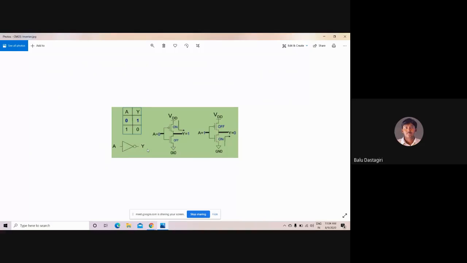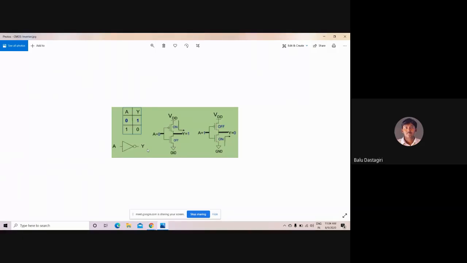This logic can be constructed by using different technologies. You can use CMOS, you can use FinFET, you can use BJT. Any technology we can use depending upon the requirement and the technology present at that situation. The thing we have displayed here is the CMOS inverter. CMOS means complementary metal oxide semiconductor. It is a combination of PMOS plus NMOS.